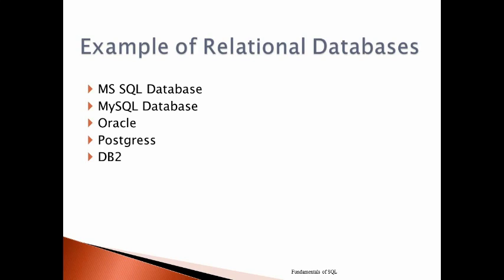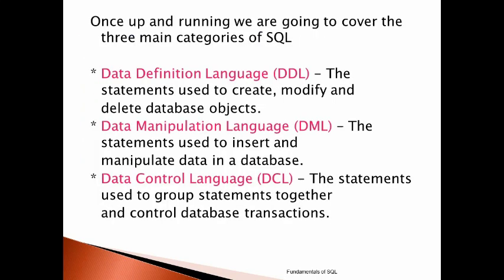Now we still have different examples of relational database management systems. We have MS SQL database, MySQL. We have Oracle, Postgres, and then DB2, and many others. There are so many of them out there. So once up and running, we are going to cover three main categories. That is, once we start coding, we'll be looking at